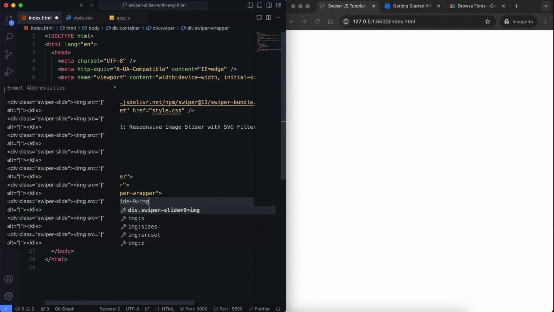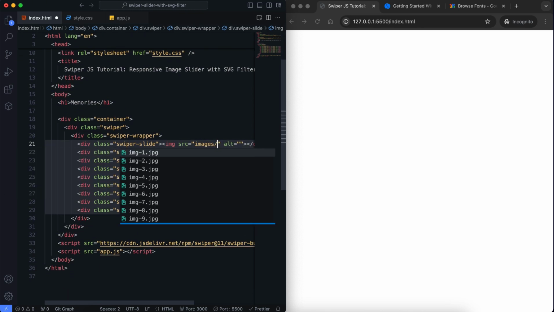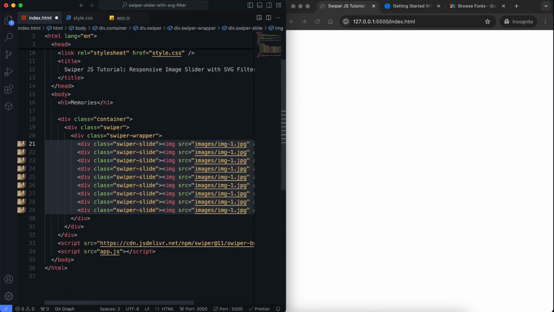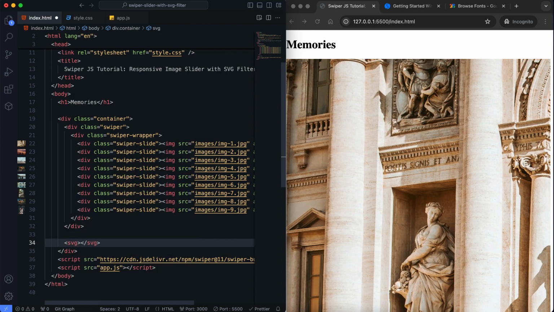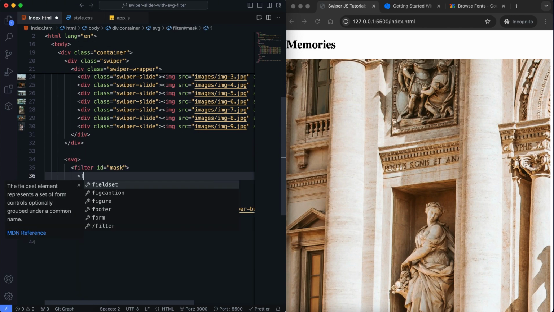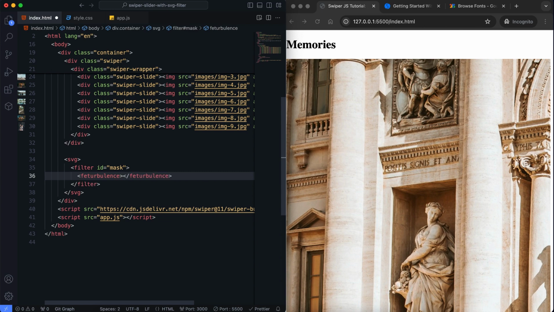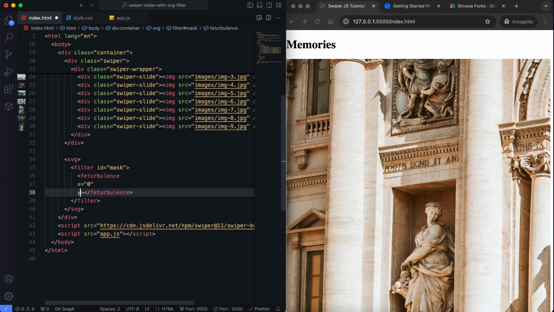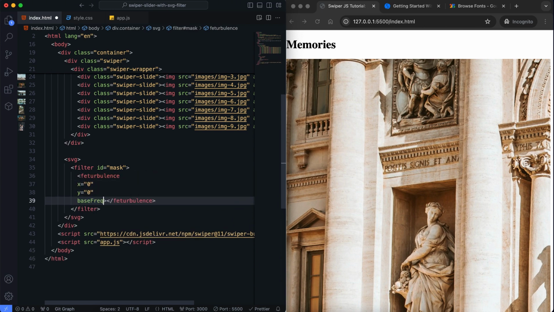This project features a set of images displayed in a dynamic slider. Each image has a grayscale effect, and when it's active, it becomes brighter and larger. There's an SVG element that holds the filter we'll use for the slide images. This gives the images a wavy effect. We provide this effect using the feTurbulence and feDisplacementMap elements.